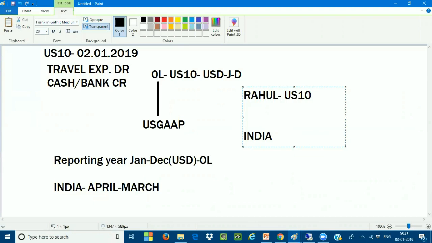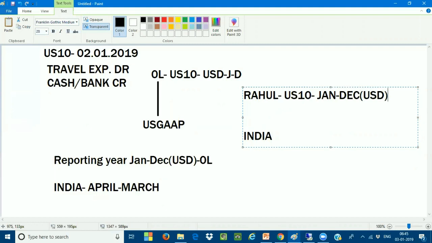Very important. According to the salary payment to Mr. Rahul, according to the company code US 10, I am doing the transactions from January to December in the currency USD. Every month we are making the salary payment for Rahul in the currency USD.